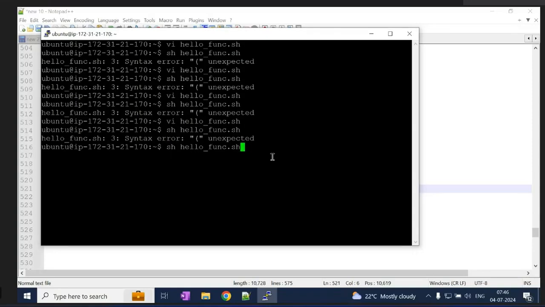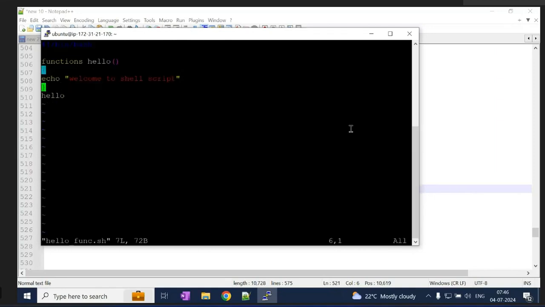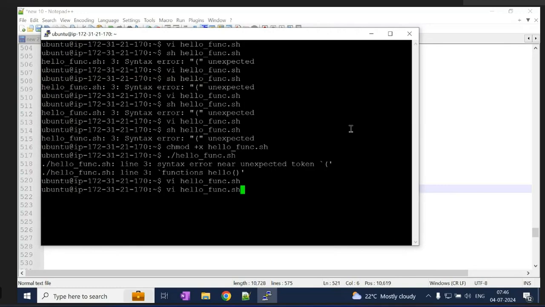Yeah, that is the problem. chmod plus x.